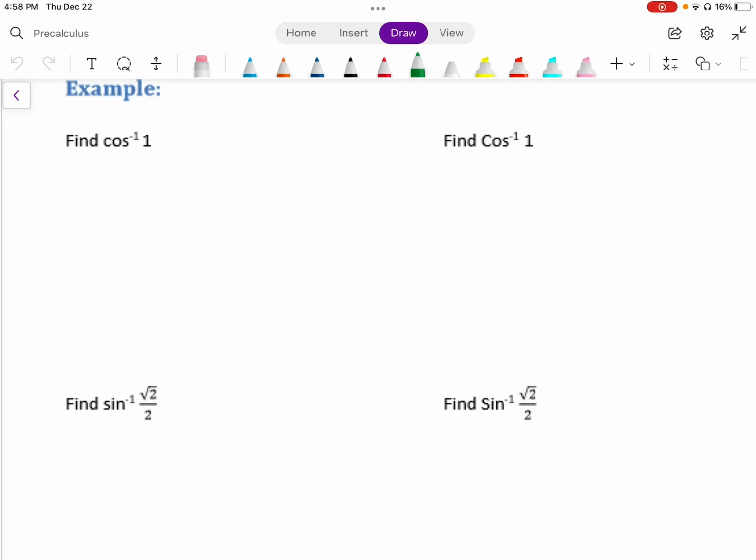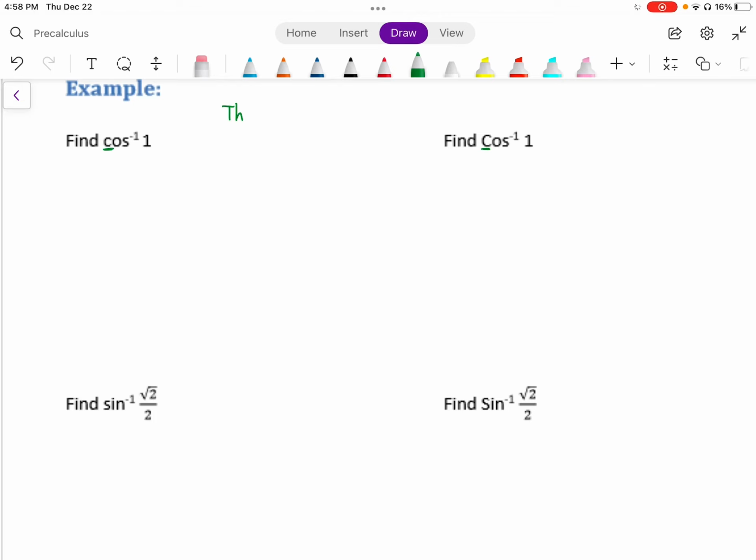Here are a few examples that we'll work through that have the different notations. So the lowercase c for cosine and capital C. So when we want to find inverse cosine of 1, what we want to do is we want to think